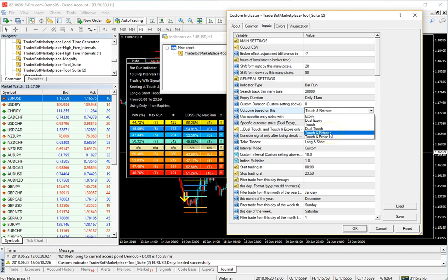Touch and retrace. Touch and expire. I'm going to show you right now how two myths you may believe are false. The tool suite will tell you this. We're going to talk about a touch and retrace. Now what a touch and retrace is,